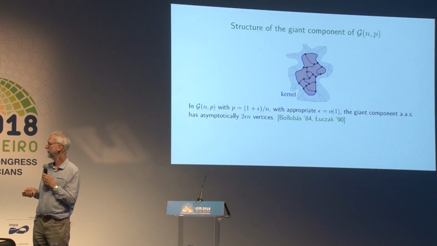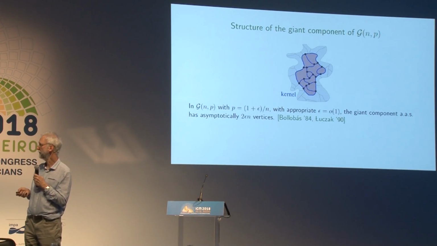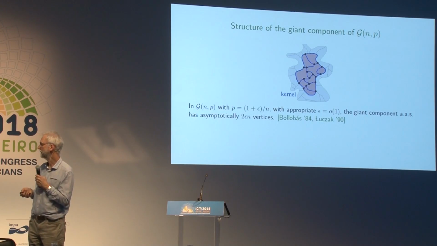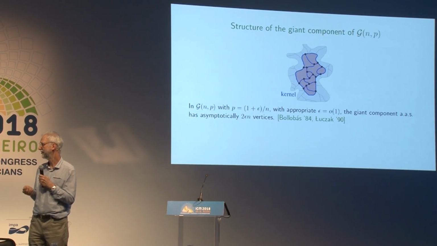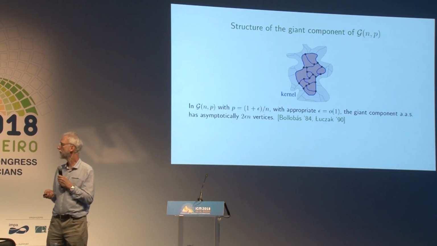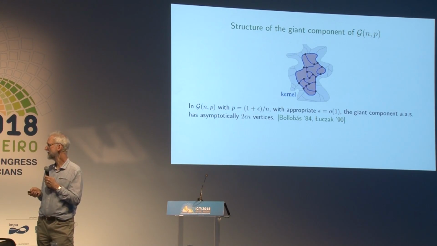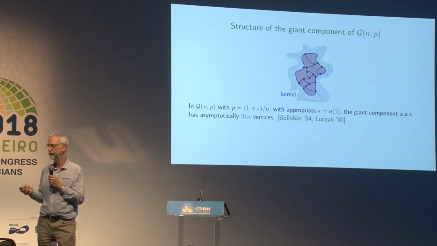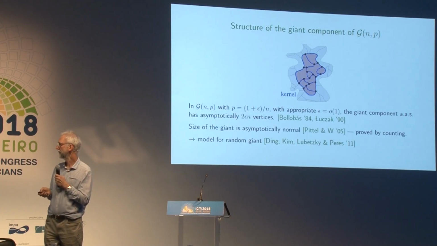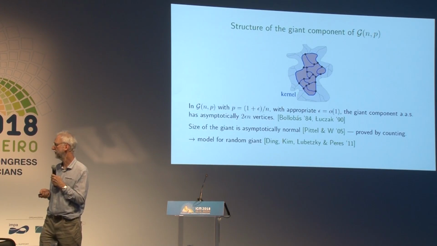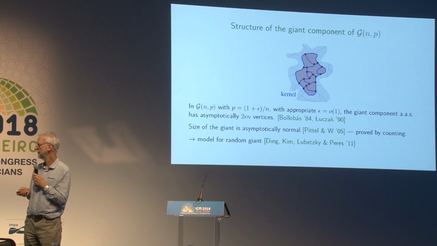Well, if we start just with the size of the giant component, then some time ago Bollobás and Łuczak sorted out roughly how big that is. It's sharply concentrated. That's the total number of vertices in the giant component. That doesn't say what the distribution is of the numbers around that concentrated point, and that was sorted out for all ranges by Bollobás and Pittel and I,